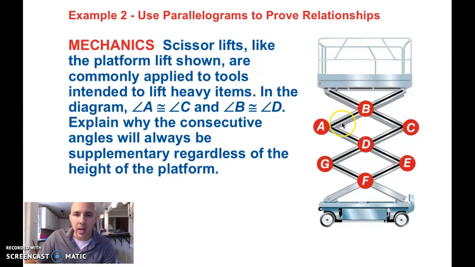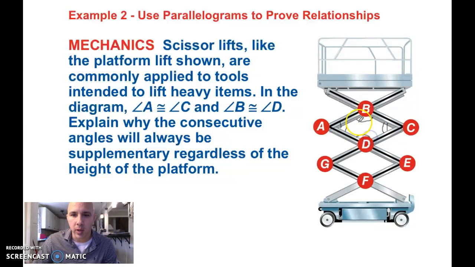Okay, in this diagram, A and C are congruent and B and D are congruent. Now explain why the consecutive angles will always be supplementary regardless of the height of the platform. All right, in order to explain why the consecutive angles, we'll say angle B and angle C, will always be supplementary. What I know is that A and C and B and D are opposite angles, and